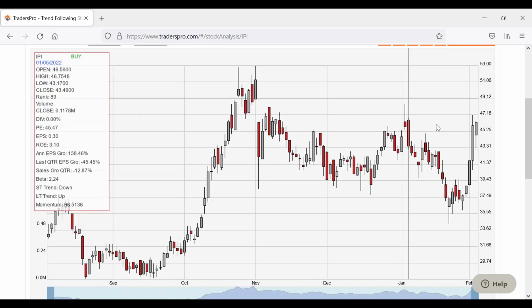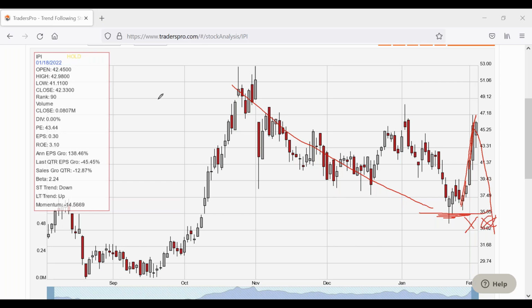I'd probably put the stop below, because this looks like the end of the correction right here. Here's your surge. If it reverses that surge and comes back down below this low, you'd want to be stopped out. It's probably not going to be working out for you at that point.